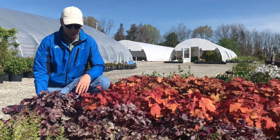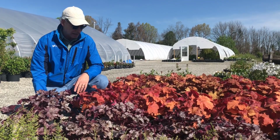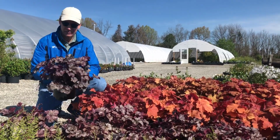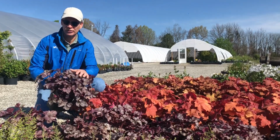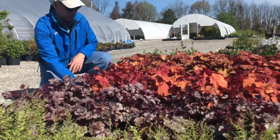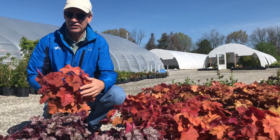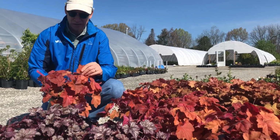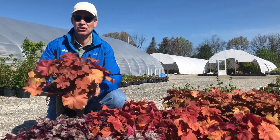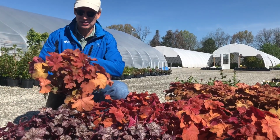Jacob's grown a great crop. To start off, we've got a whole lot of Heucheras, coral bells, and these are fantastic foliage plants. We've got a couple of different ones here. This is Silver Scrolls, which is a real dark burgundy leaf with silver markings all over it. We then have Southern Comfort, which has got this great sort of mix of orangey, copper, and burgundy, real nice heavy leaf form. And then Mega Caramel is probably the largest Heuchera. This thing will get to be about 3 feet across when it matures, but really sort of this light caramel